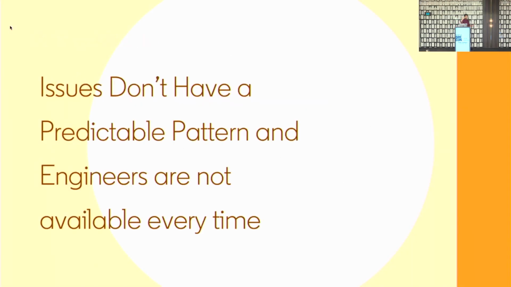But here is a challenge with on-demand. Issues will happen at the most weird time possible, and you cannot expect engineers to be available. Not every team has SREs. My team does not have any SREs to partner with. So if an issue comes up at 4 a.m., it's basically a whole night's lost sleep. So how do we fix that?